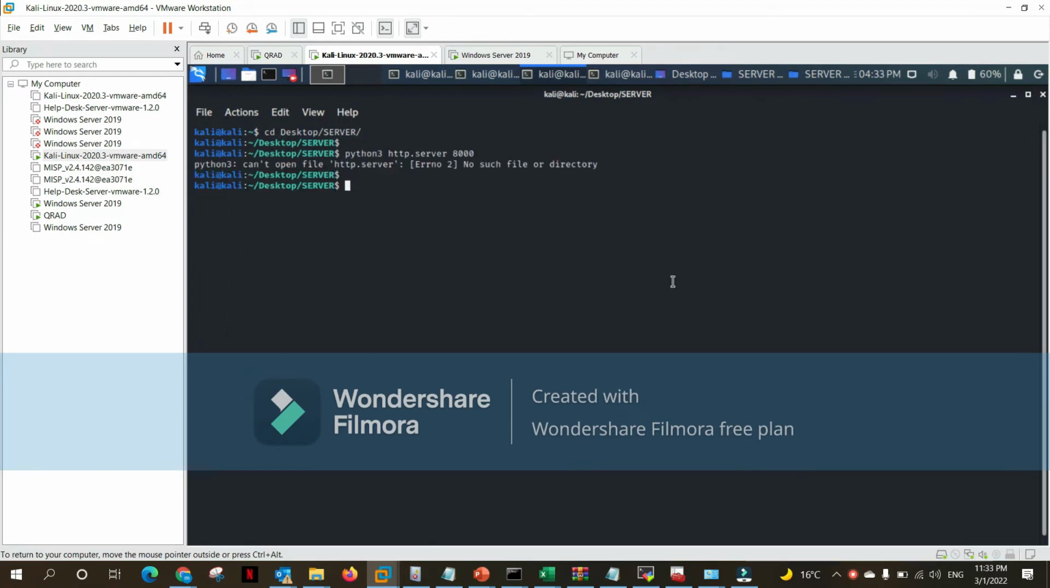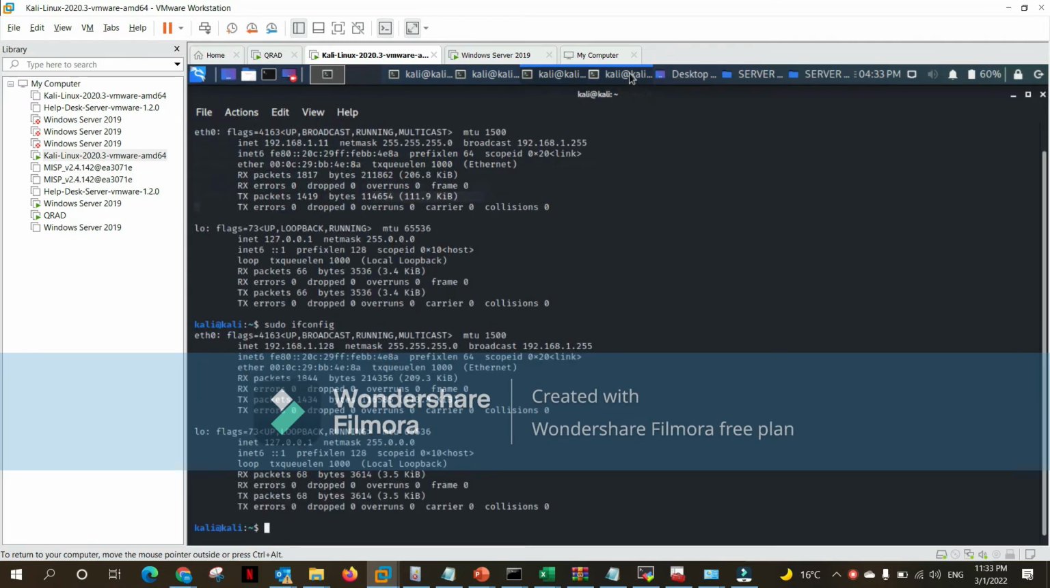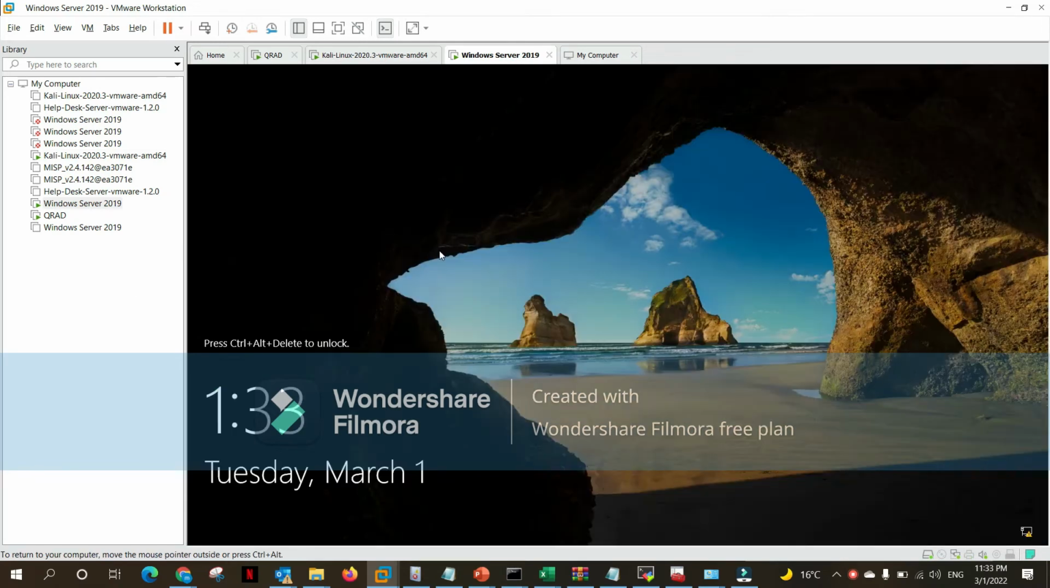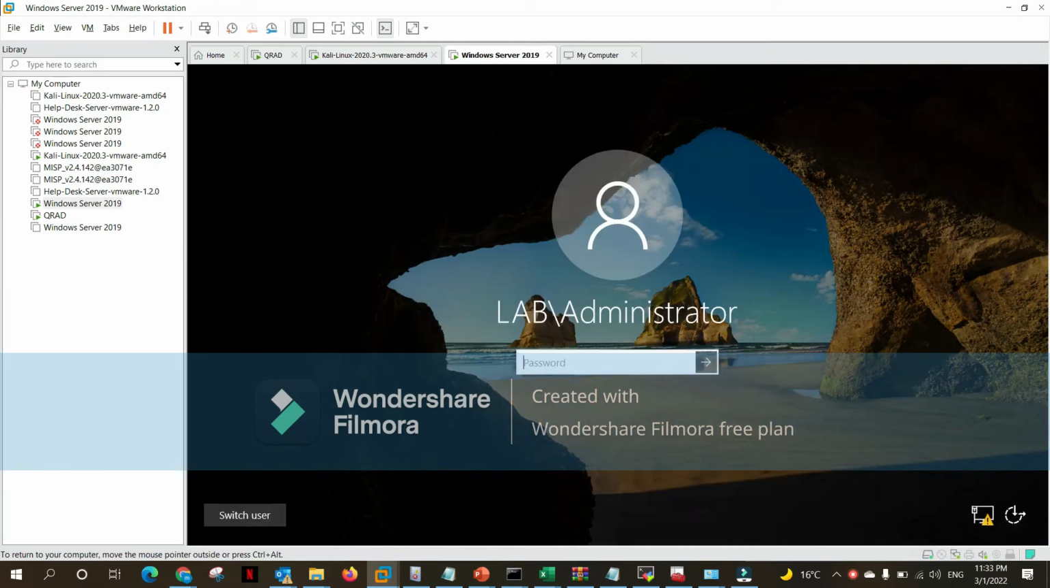Okay, we missed the module option, so we write python3 -m http.server for port 8000. Okay, now the server is created with the IP of the Kali Linux machine. This is the IP of the Kali Linux machine. Now, if I go to the Windows server machine and enter my password,